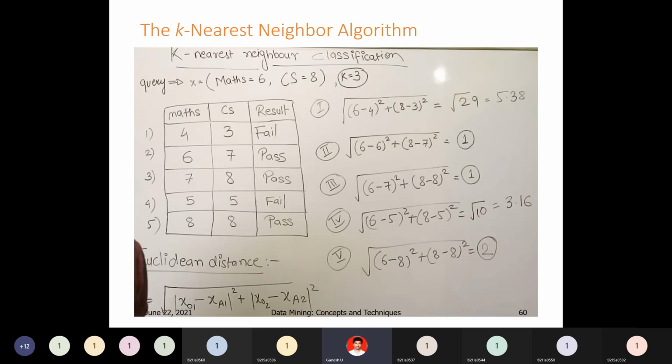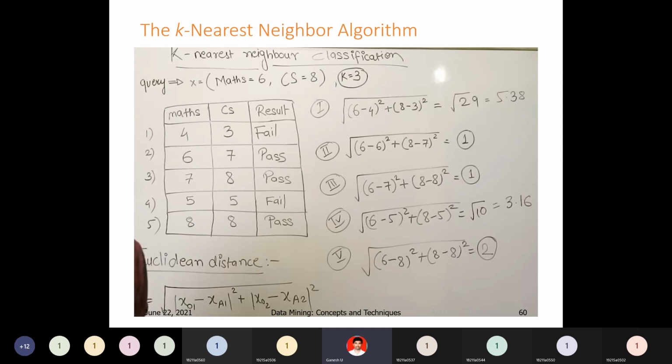Okay. So next, in computer science, the pass mark is 7. Okay. So in computer science, the pass mark is 7. Like that, some pass mark will be given. So based on that, if the students get pass marks in both maths and computer science, the result is pass. If they fail in any one, the result is fail. So like that we find out all the results.